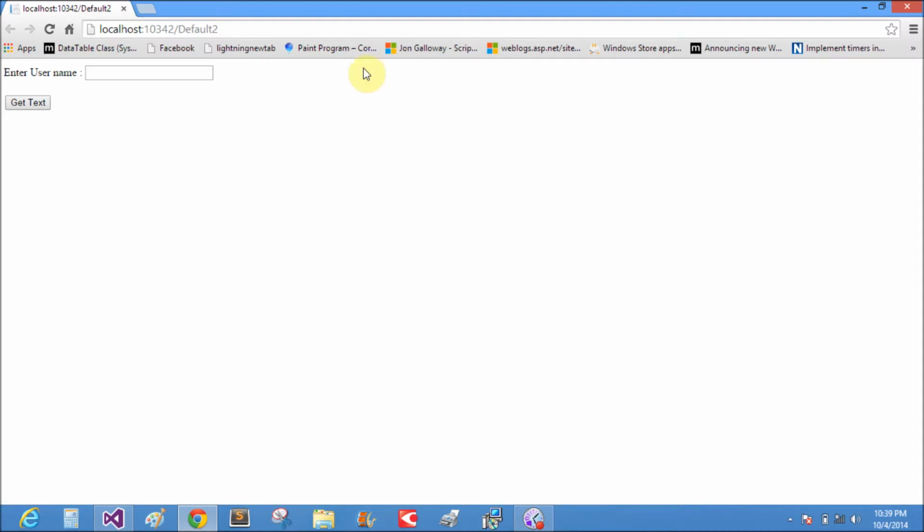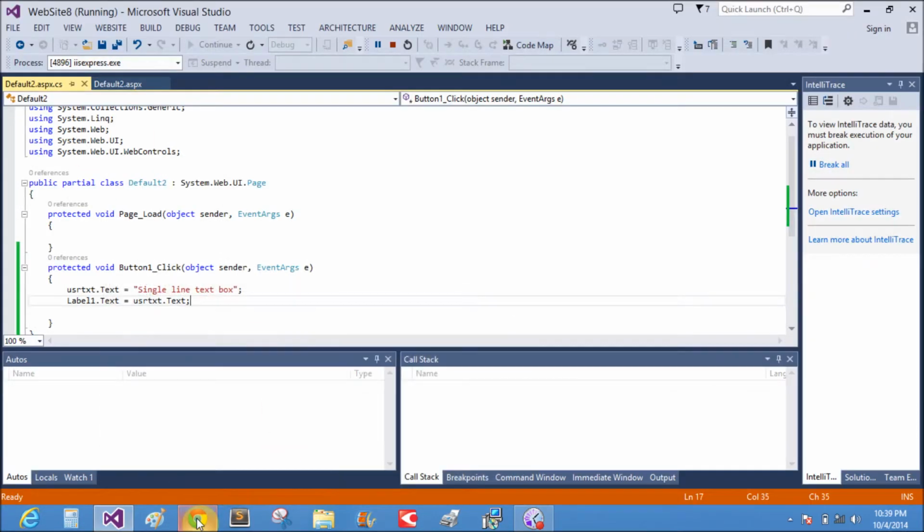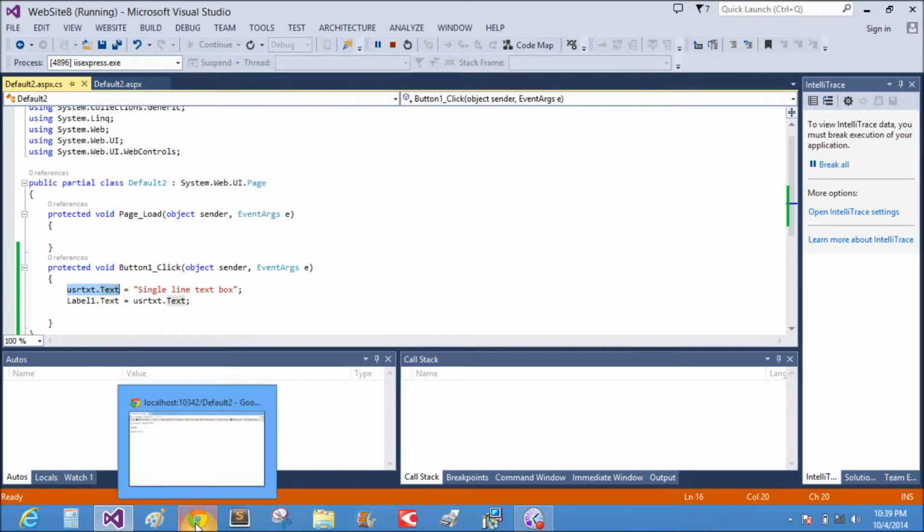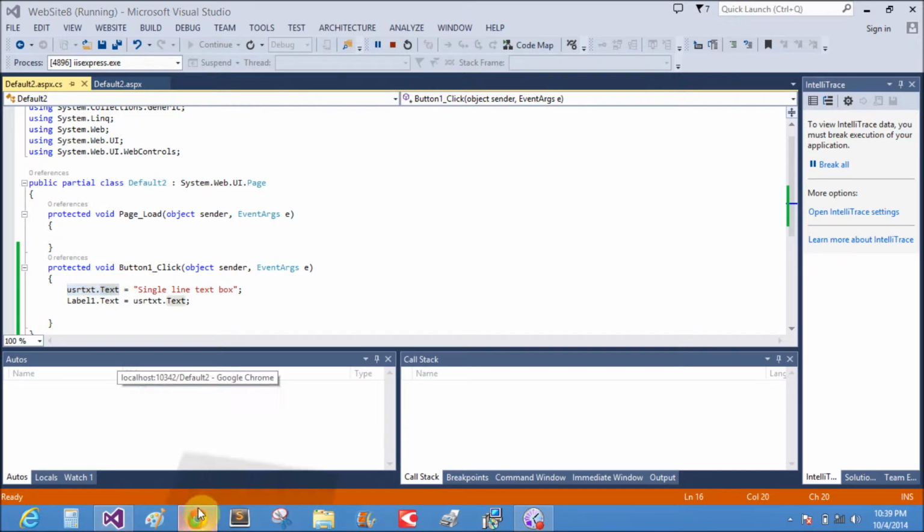Yeah, that is the hello world. Single line text box, inputted here. That is my code, single line text box. When we put text into the text box, the username in UserText is assigned to it, and the label also gets the username assigned.